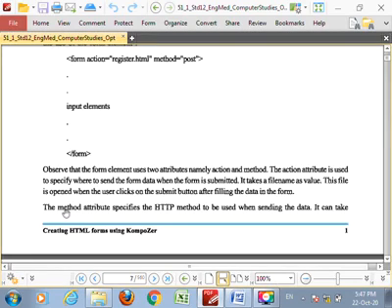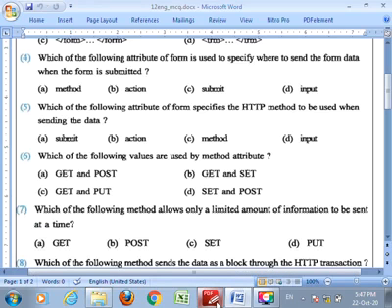The method attribute specifies the HTTP method to be used when sending the data. So your answer is method. Question number 5, answer is C, method.